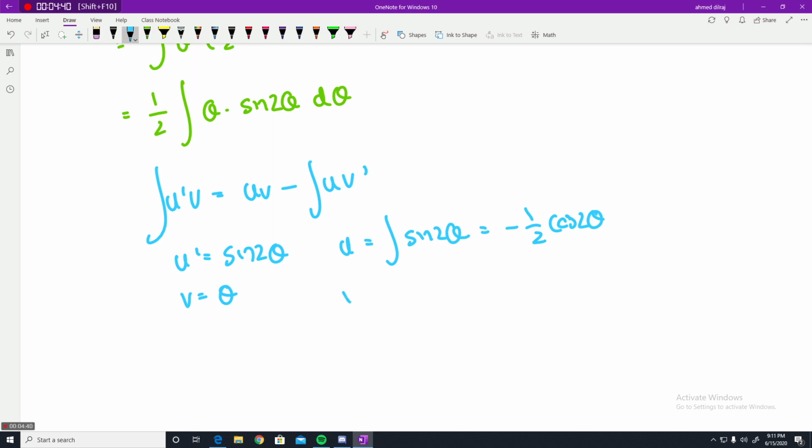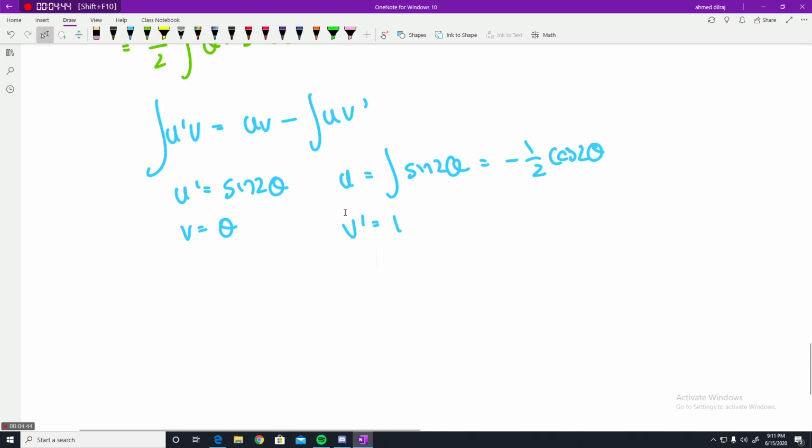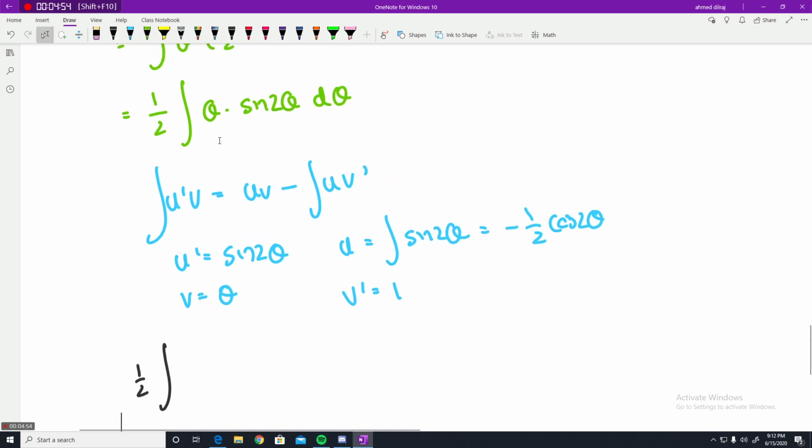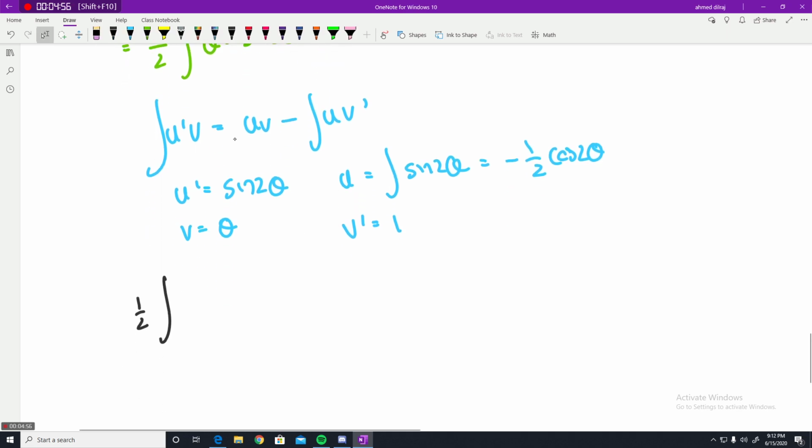And v prime is going to be 1, right? Because the derivative of theta is 1 when we're taking derivatives with respect to theta. So now what we can do is plug this into the by parts formula. So a half the integral of theta sine 2 theta